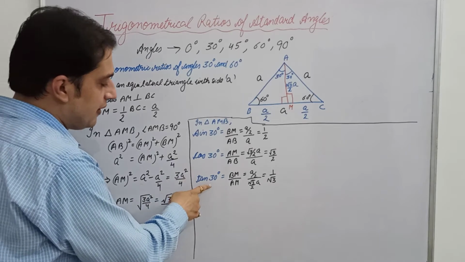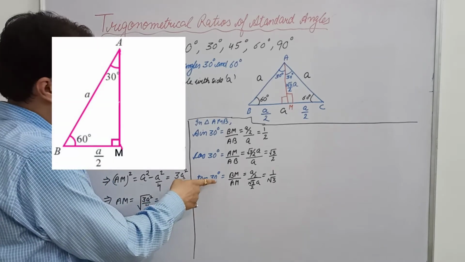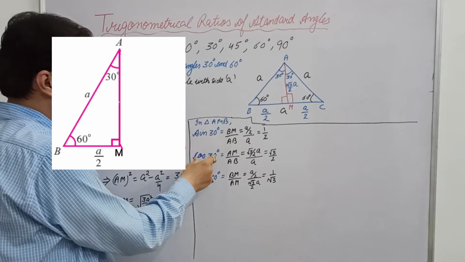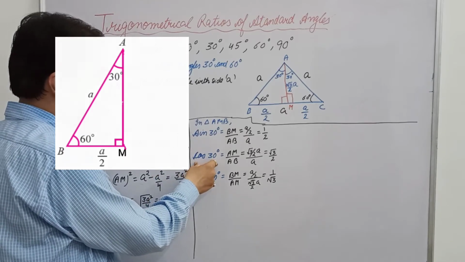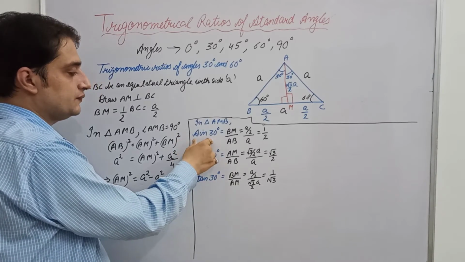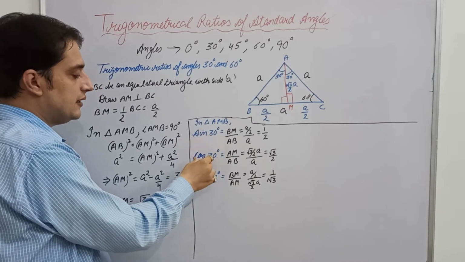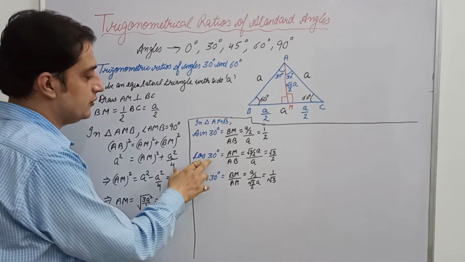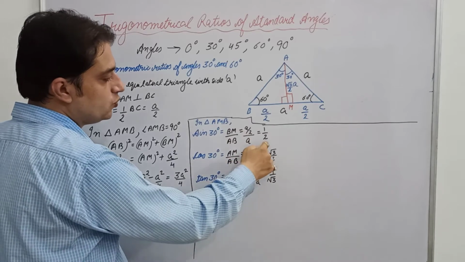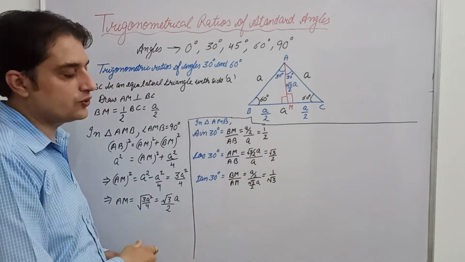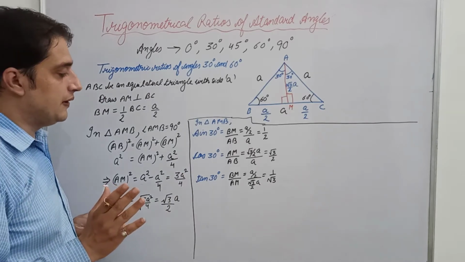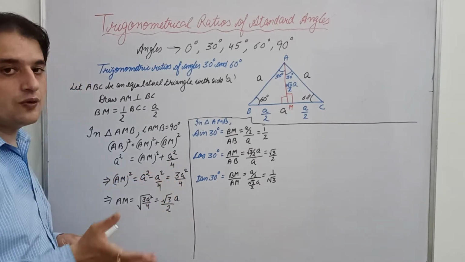Or you can find the value of tan 30 degree by dividing the value of sine 30 degree by the value of cos 30 degree, right? So actually tan 30 degree is the quotient of the values of sine 30 degree and cos 30 degree. So when you divide these two values, you will get the value of tan 30 degree, because here the 2 cancels out with 2, so the value is 1 by root 3. So tan of an angle is the value of sine over cos.